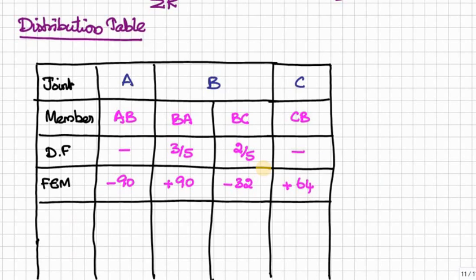Now first we have to look out whether we have any hinged support or roller support at the ends. In this problem we have fixed support at both ends, that is A and C. Therefore, we have to balance only interior supports. Here we have only one interior support, which is B,